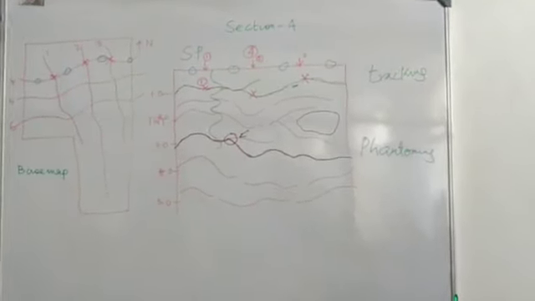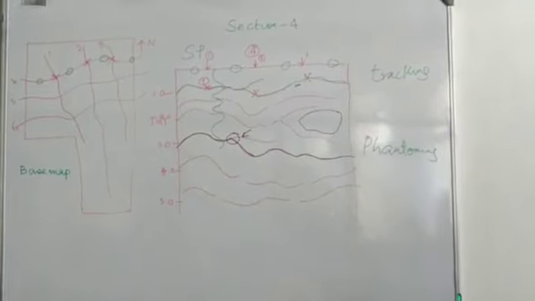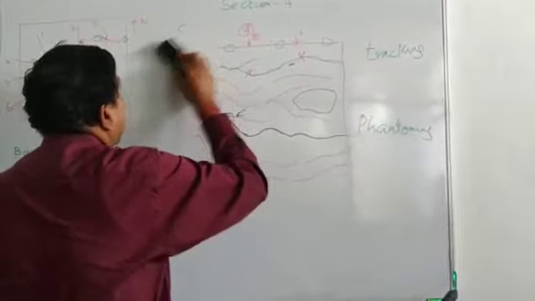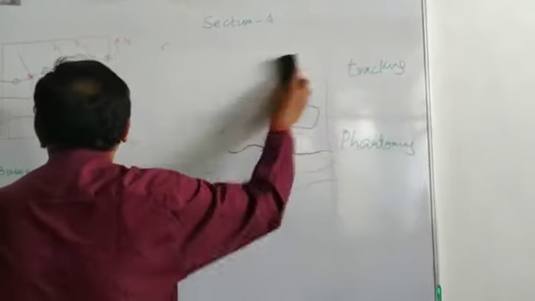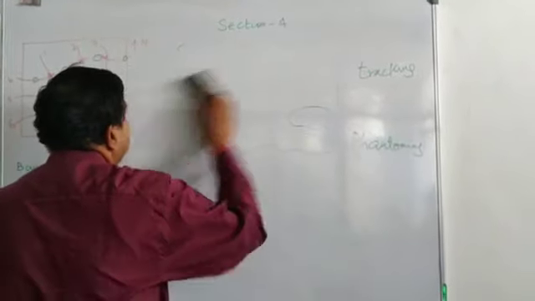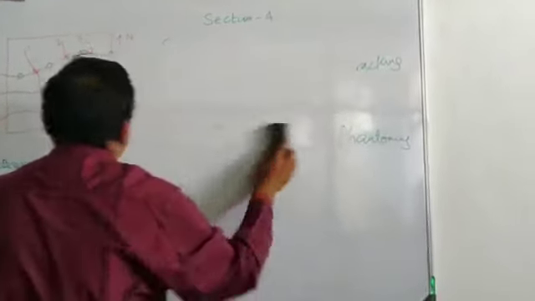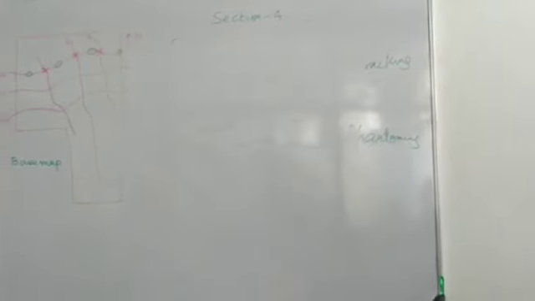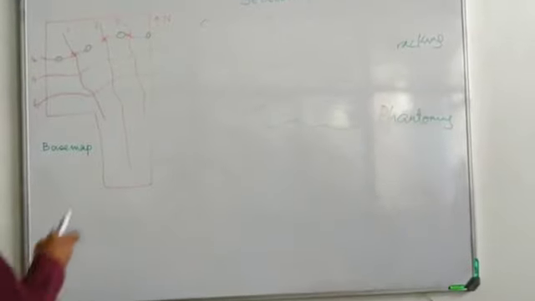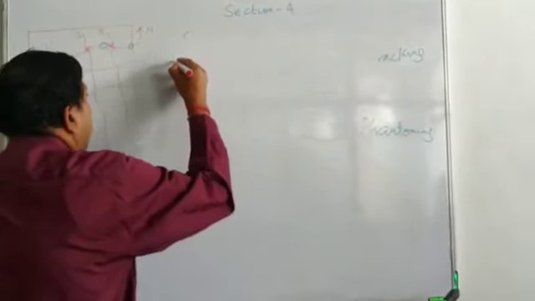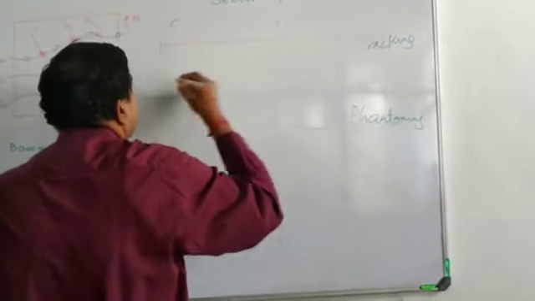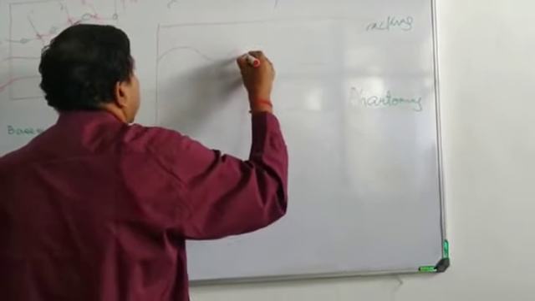Let us now trace line number 1. Before that, I will draw line number 1, and I will draw line number 4, and I will put here line number 1 to showcase how the seed should be utilized in order to complete the interpretation of line number 1. We have already interpreted line number 4. So let me draw this, that this is the section which is the line number 1 section. We have the acoustic impedance like this.